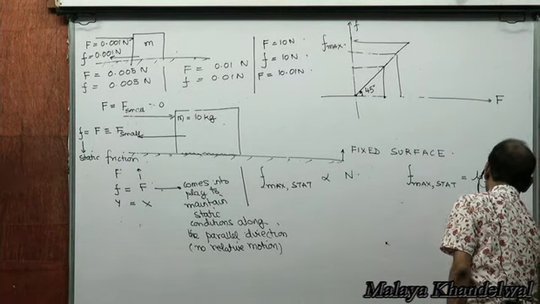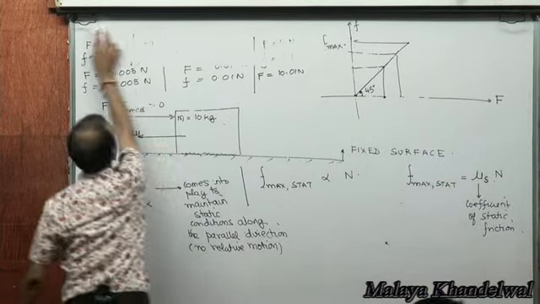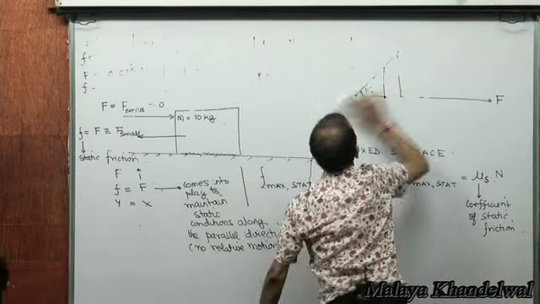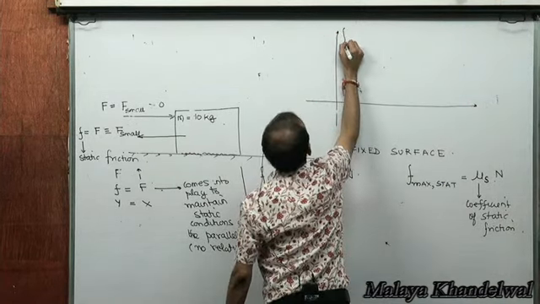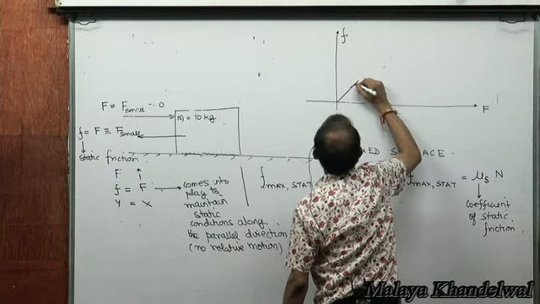Like mu k, which depended only on the nature of the two surfaces, mu s will also depend only on the nature of the two surfaces, the kind of irregularities that prevail between them. Now, look, like I said, the variation of friction with externally applied force F: static friction will keep matching the externally applied force,